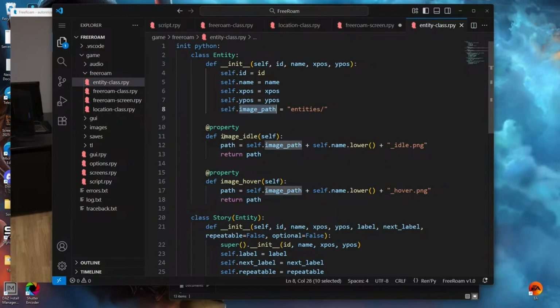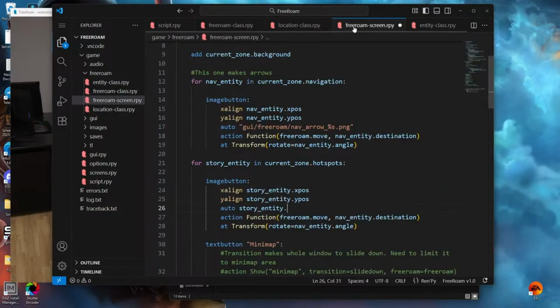Image idle. Okay, hold on. That's how I did it. Fine, okay. Not after, but